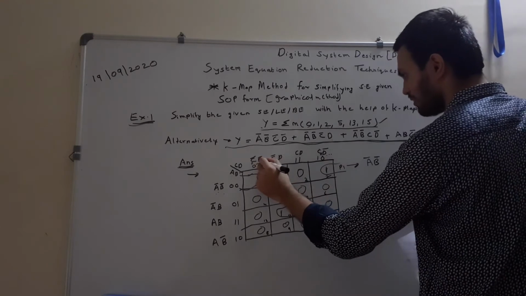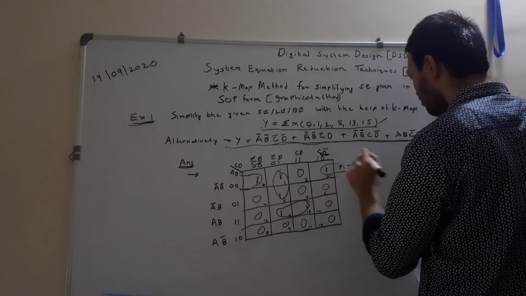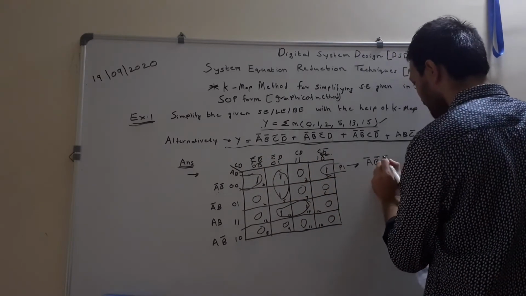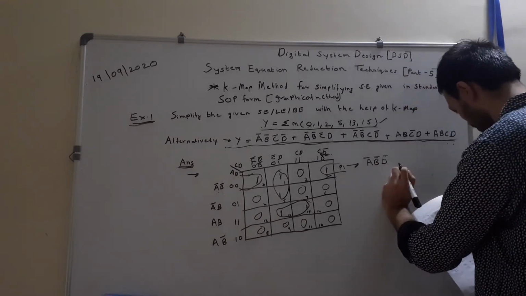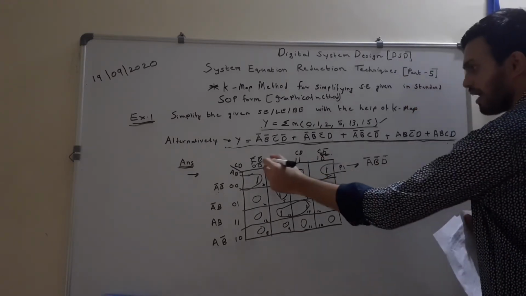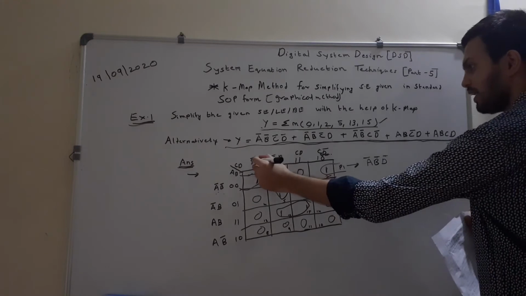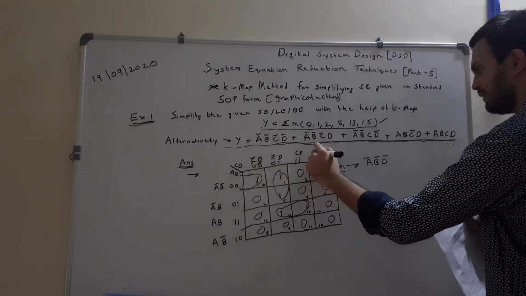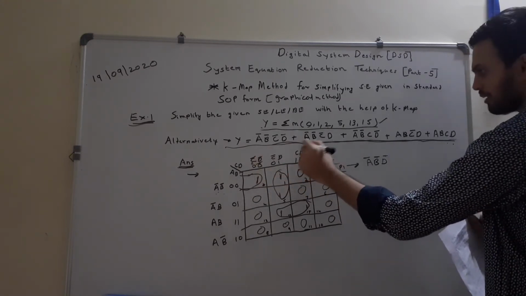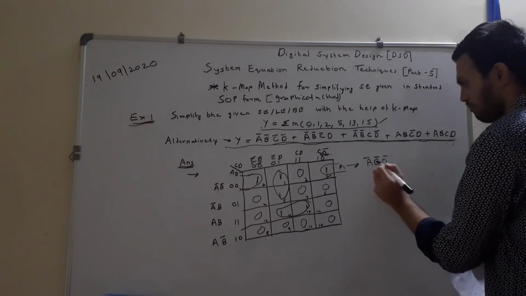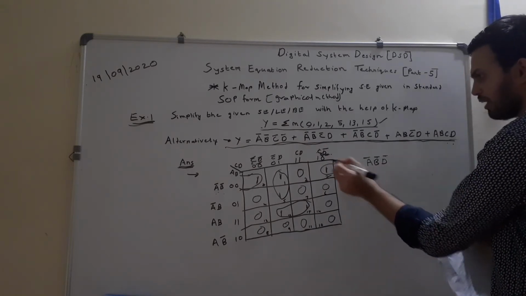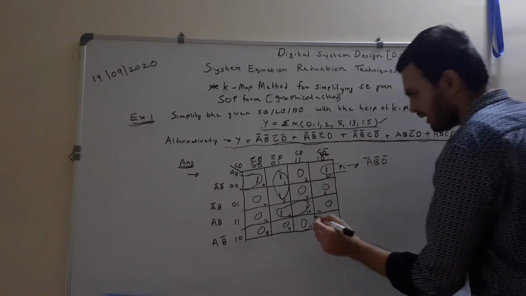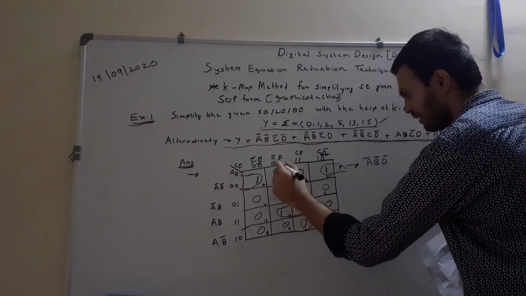And which is the constant term from the column over here? Only D bar will be there. So A bar B bar D bar will be your term. Why did C bar get eliminated? Because it would be like C bar plus C, since C bar changes to C, and C bar plus C is 1. So from this pair we eliminated one variable, which is C. Now let us look at the other pairs.